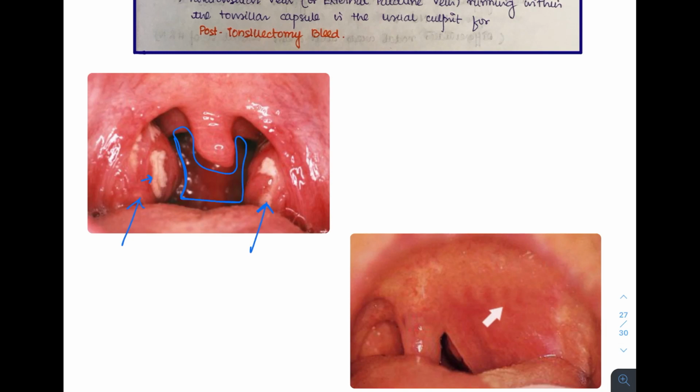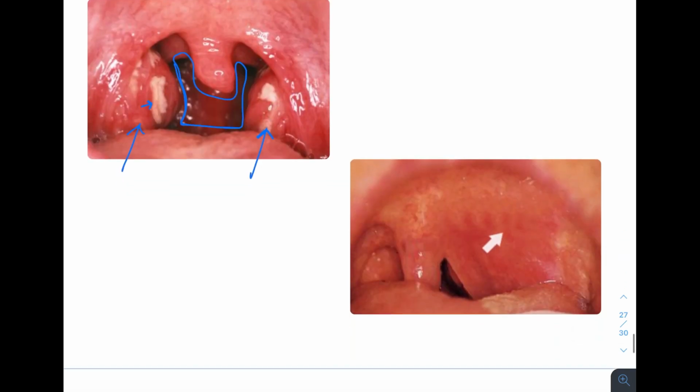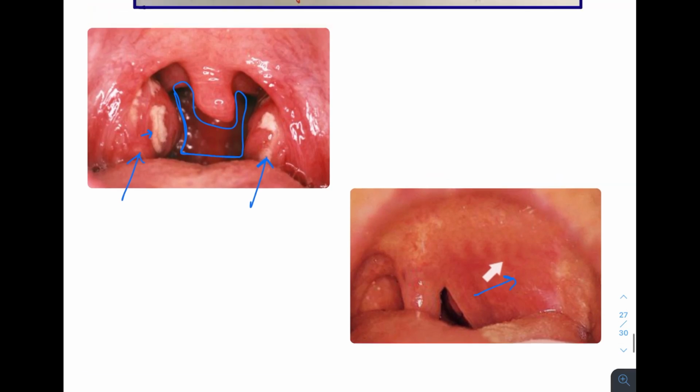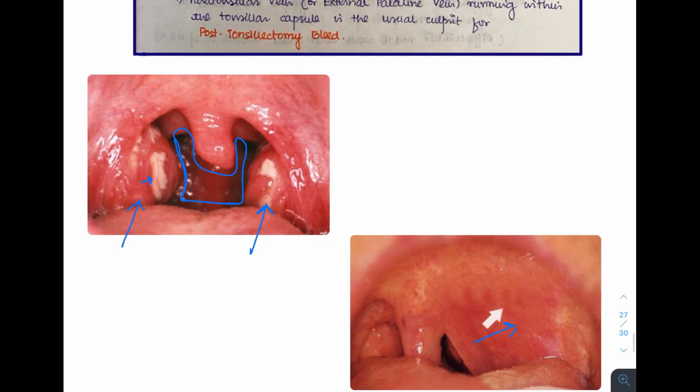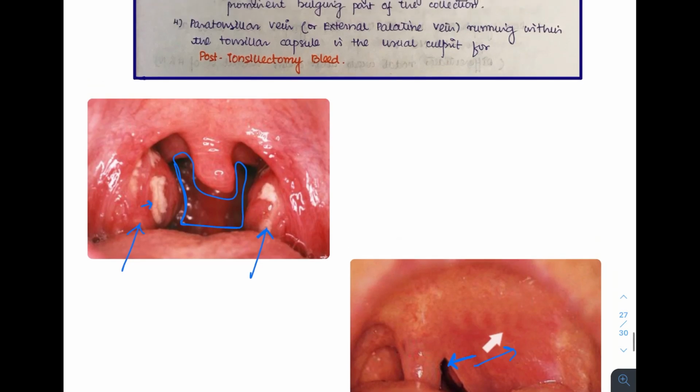This is the reason why it can cause sleep apnea in a lot of patients. Now you can see in this second picture over here, what this arrow is showing is the peritonsillar abscess, also known as quinsy, where the abscess occurs just outside the fibrous capsule of the tonsil, and the tonsil is pushed medially towards this side. And drainage is done by giving an incision over the most fluctuant part over here.